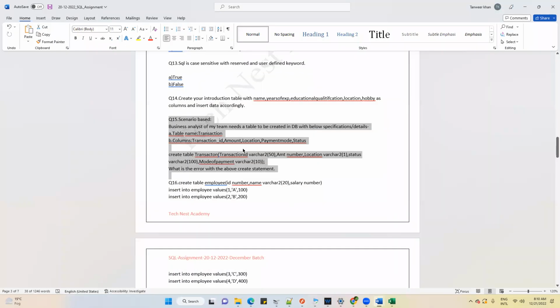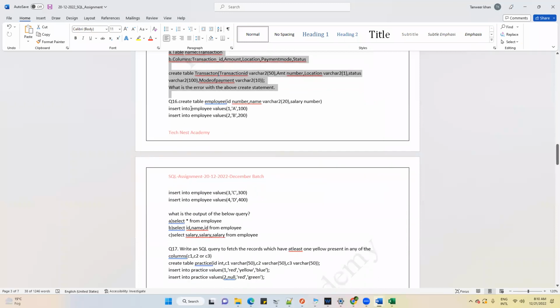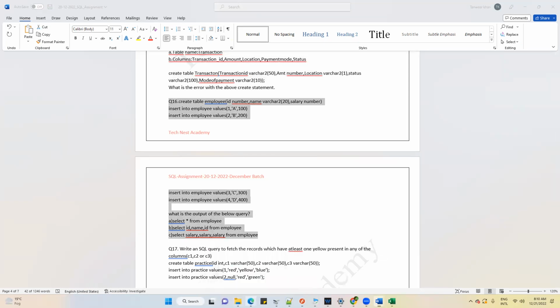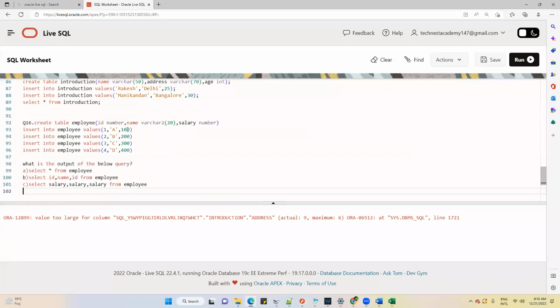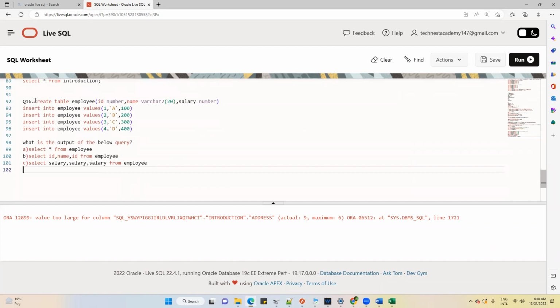Okay, let's move to the next question. Question number 16. This is again something I want to explain. These are the basic things, but you should know this. So here in question number 16, let me